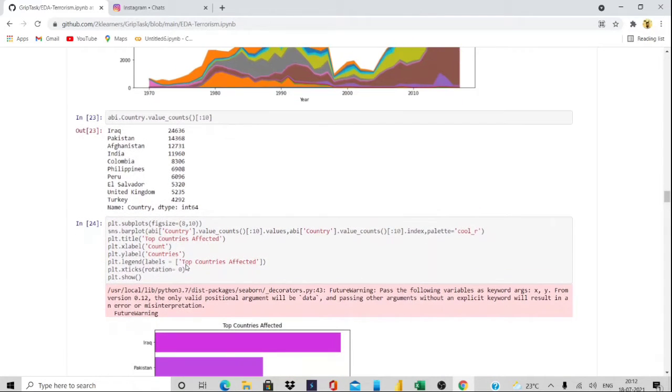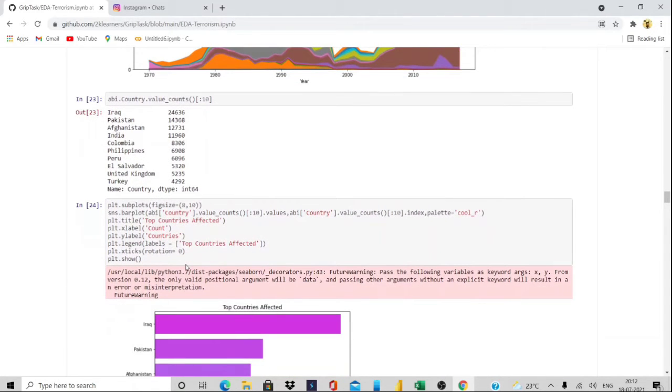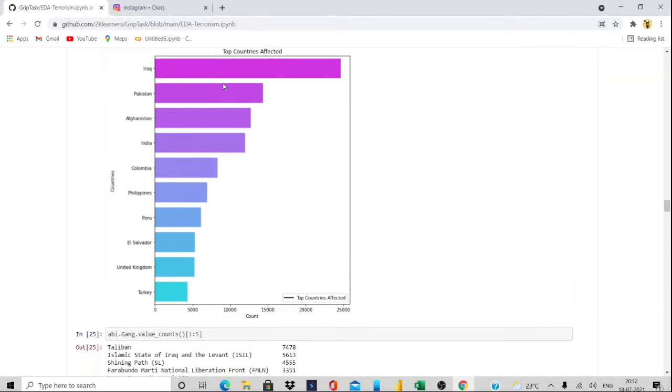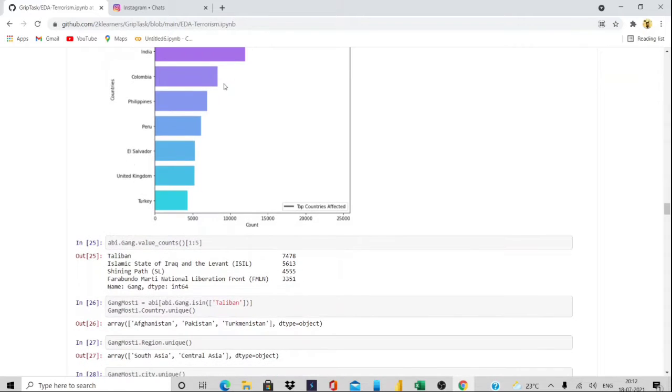Then I have created a subplot showing the top countries affected by the terror attacks, with the country names, using this bar graph. Then I have calculated the top gangs inside this data set using the variable name gang.value_counts, 1 to 5, because at 0 we have unknown values, so I have omitted the 0 and am printing 1 to 5.